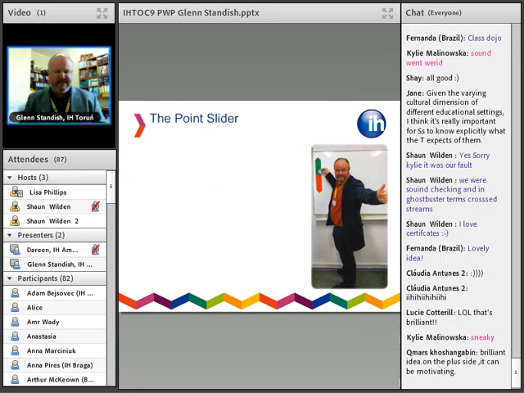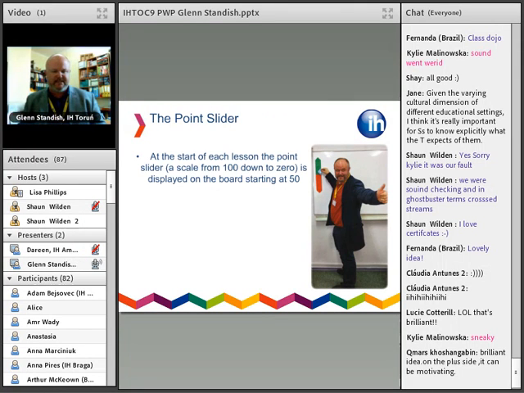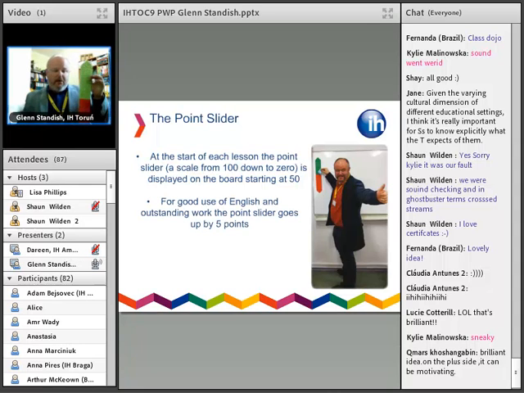Okay, now this is a physical slider that sits on the board. And here's one I made earlier. It looks like so. It's always permanently stuck on the board, and at the beginning of every lesson you start at 50 points. For great behaviour, great use of English, outstanding work for any student, the points go up by 5